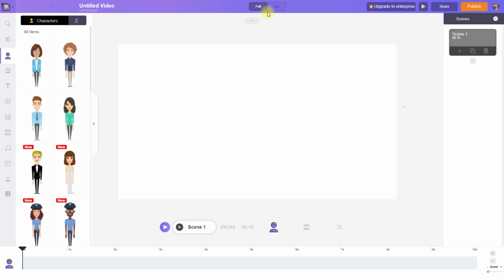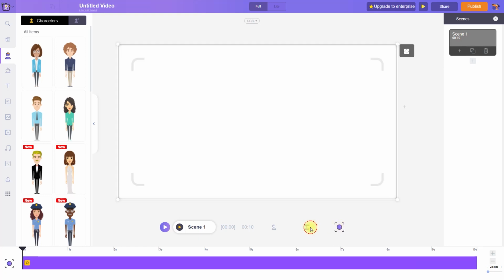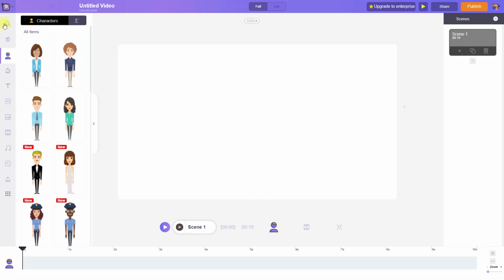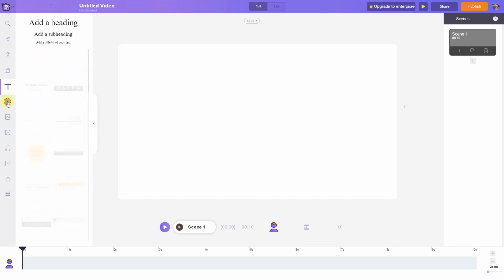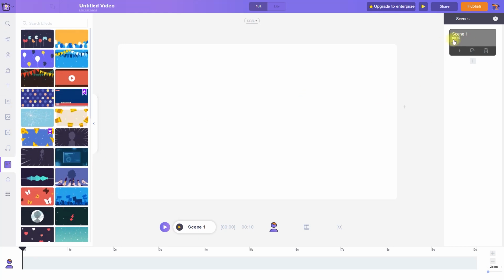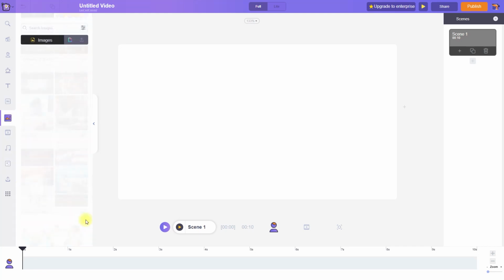In the full mode, there are three timelines below the preview panel: animation timeline, video timeline, and camera timeline. And nine asset libraries beside the preview panel: templates, character, props, text, background, images, video, sounds, and special effects. On the right hand side, we get a scene mode in which by default every scene is of 10 seconds, but you can change it as per your needs. Here in the full mode, everything is in one place, and that's why beginners usually get confused with it.